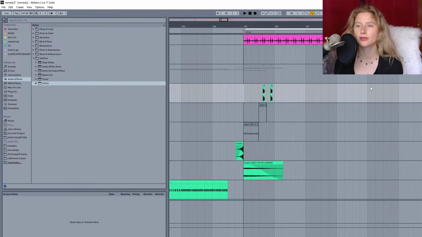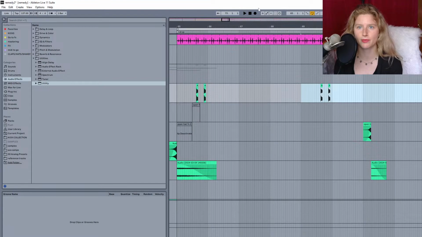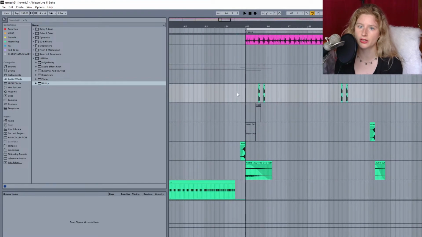Again, we're just filling out the little candy region, so this doesn't have to happen all the time. It just needs to be a little here-there type of vibe.